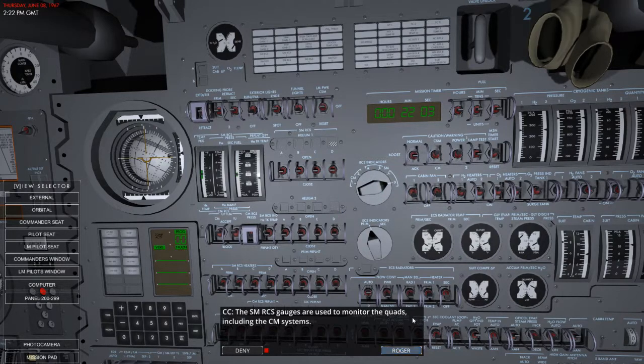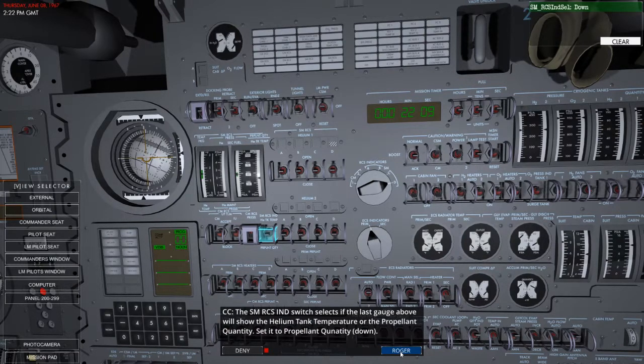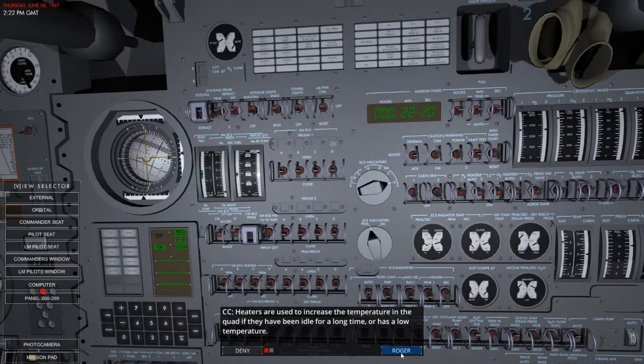Okay, and the SM-RCS gauges are used to control and monitor the quads, including the CM system. So let's select this to down. Oh, okay. That's the helium. Okay, that's fine. The heaters are used to increase the temperature in the quad if they've been idle for a long time or it's at a low temperature,